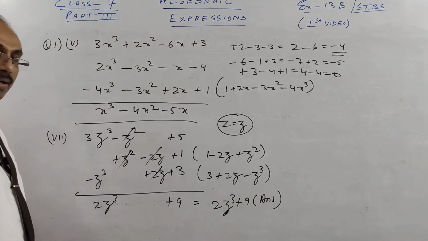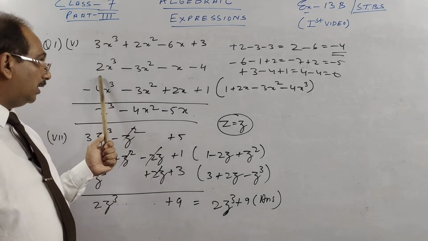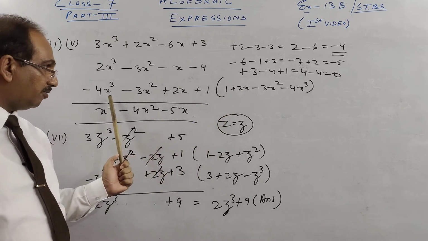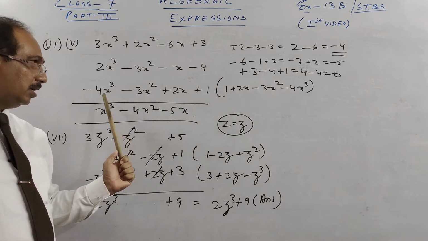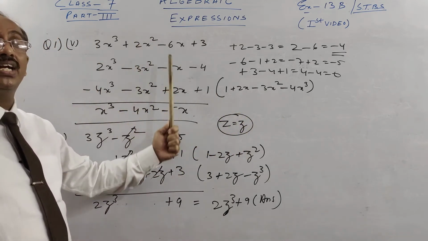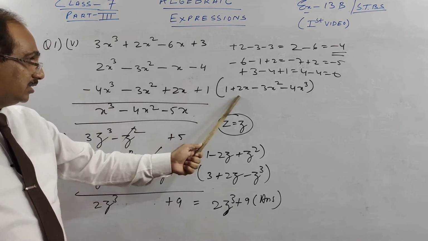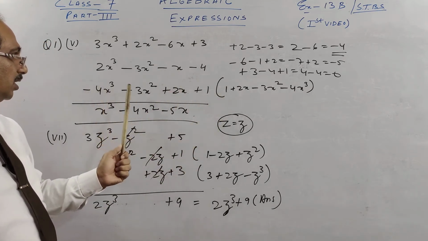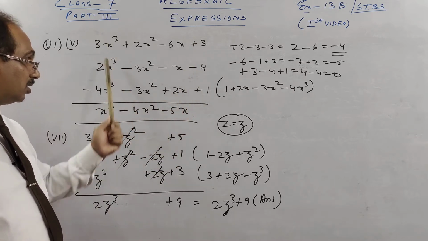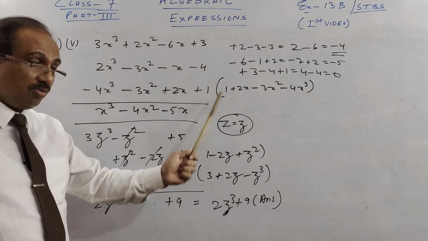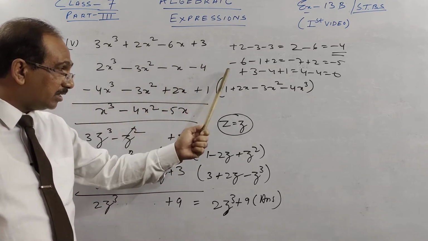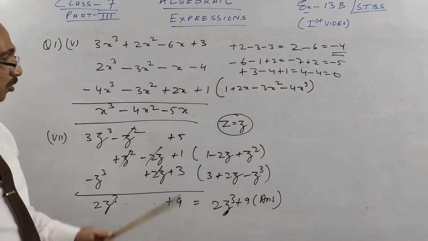So once more I am recapitulating for you. In descending power of x we arrange. So see, this one was not like that. I have arranged cube, square, x, then 1. Almost in the reverse order I have done, children. So once these are the same, then you will get the correct answer. Many children write like this, so you will get the wrong answer. 1 will come here, 2x will come here. Okay, 4x minus 4x cube will come here. So they are not. So this way they have to be the same, column wise. Then you can add the like term with like term and numerical coefficient, as I have explained, with numerical coefficient